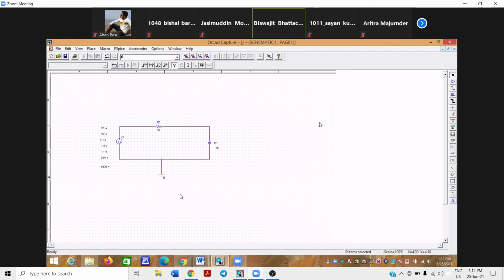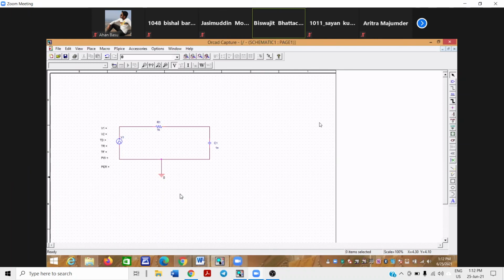If we don't give any node name, PSpice will give a node name at every node, according to its own logic. It will give some arbitrary name. Apparently, it will be arbitrary to us, and we may not understand which node is referred to by that particular node name.